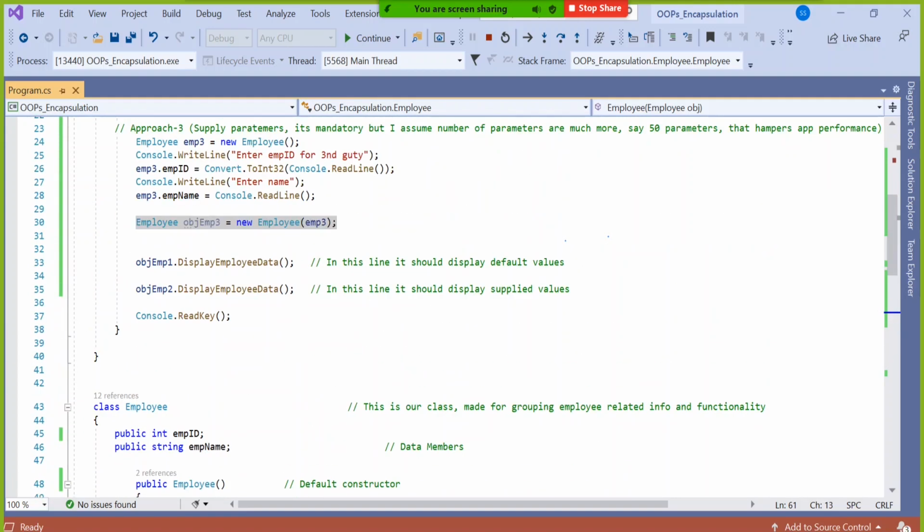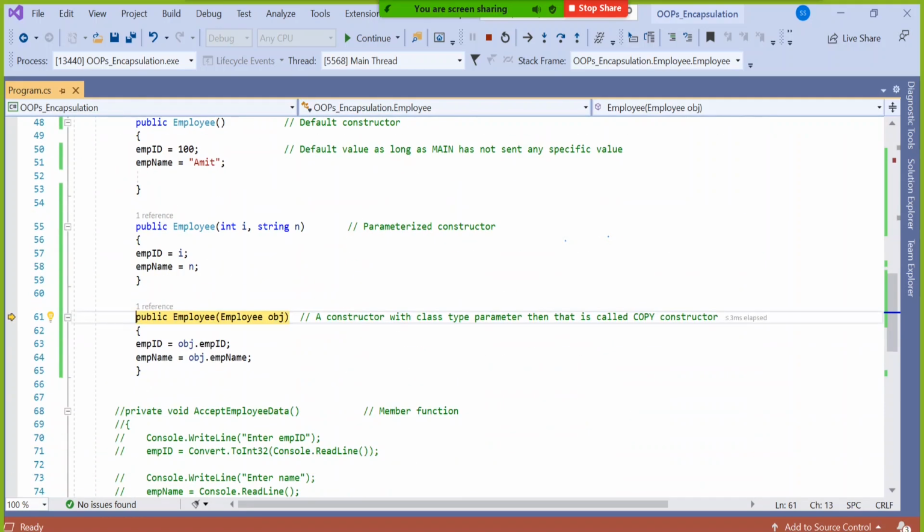I supplied the EMP object, EMP3 object, here. That EMP3 object will come and sit here. Then obj will collect all those data at a time. It will not come here, go there, come here, go there, because comma, comma, comma is not there. Only one parameter. So at a time, the entire object will be copied from there and pasted here to obj.